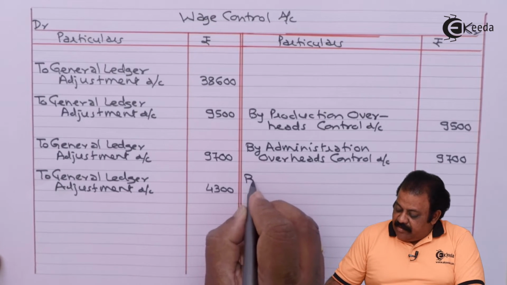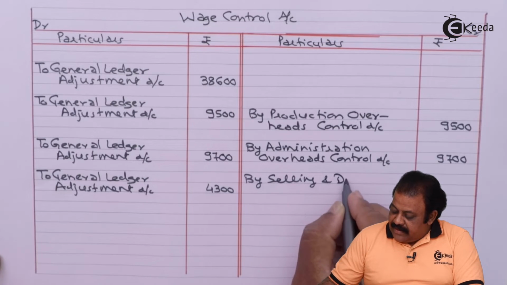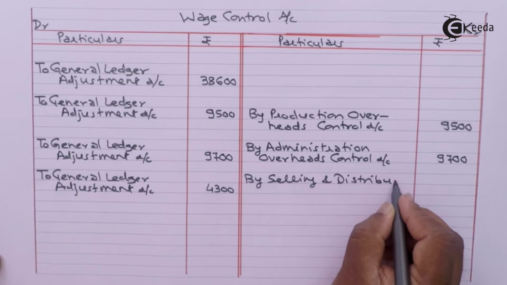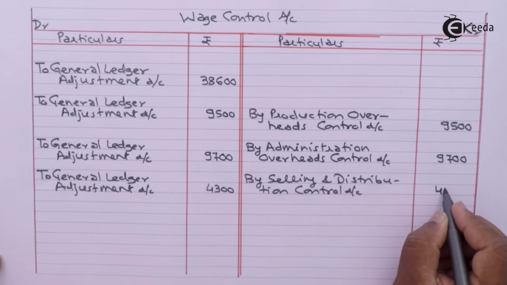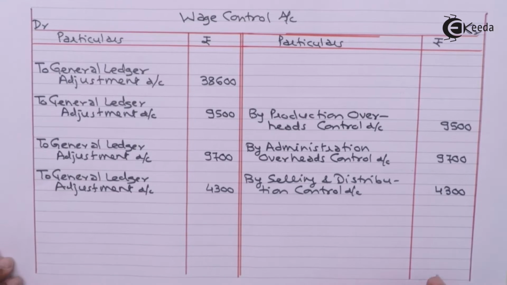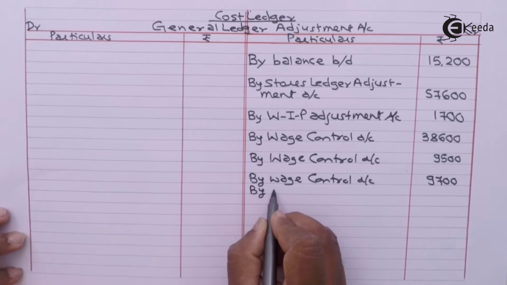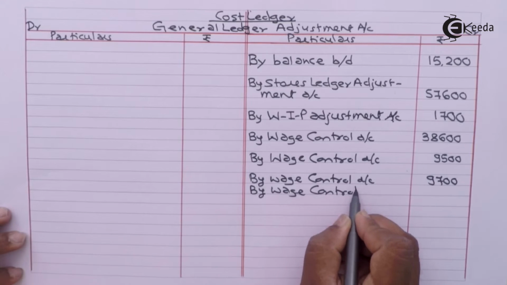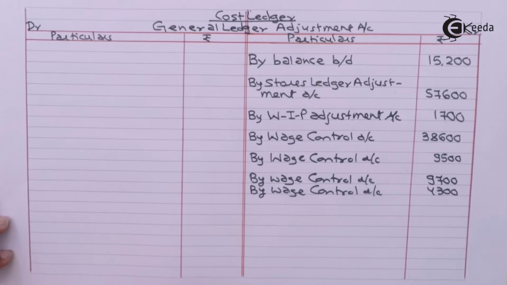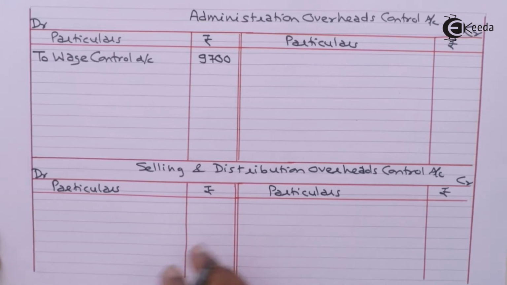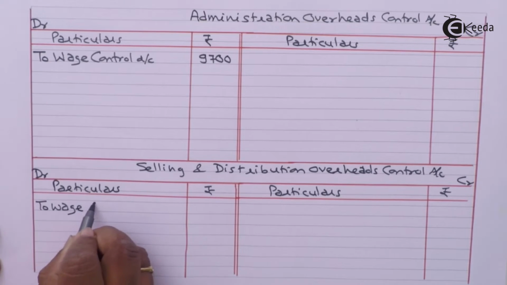To its credit then it will be recorded by selling and distribution control accounts 4,300. In GLA it will be recorded on credit side by wage control account 4,300. To the debit of selling and distribution overheads control account to wage control account